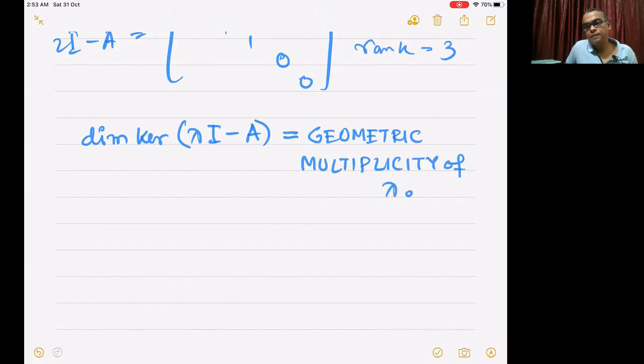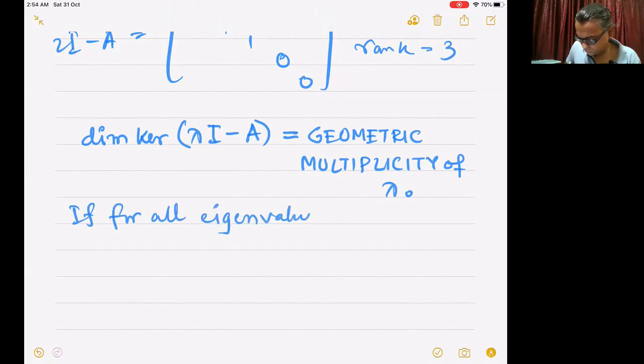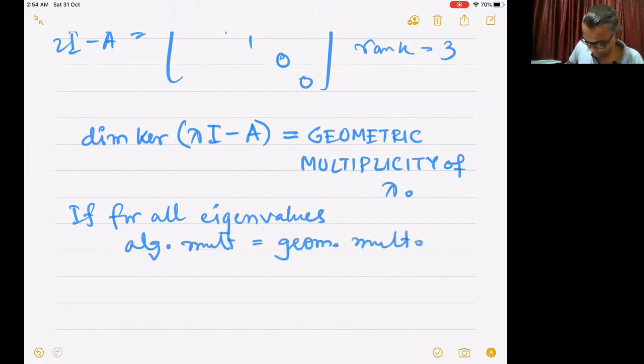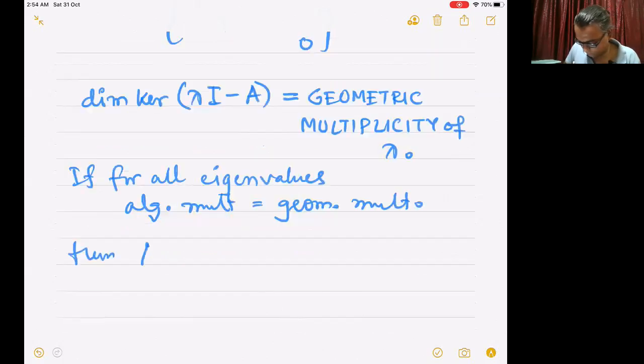We'll see on the other side of this break that if for all eigenvalues the algebraic multiplicity equals the geometric multiplicity, then A is diagonalizable. This is what we'll see on the other side of the break. Okay, so till then,